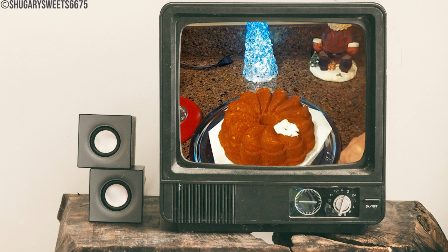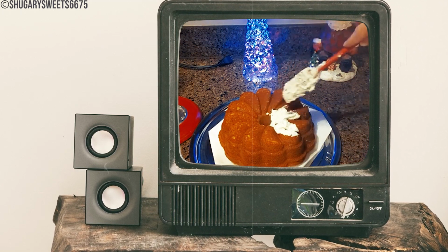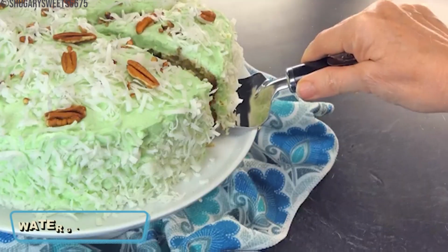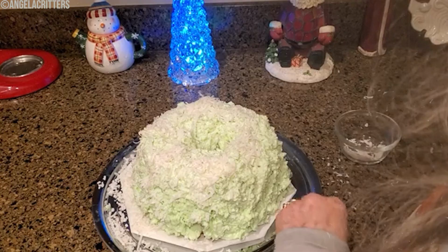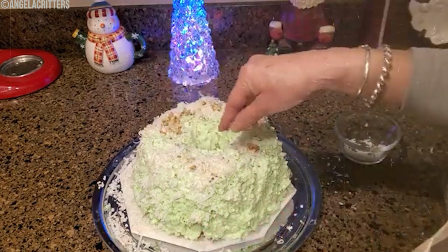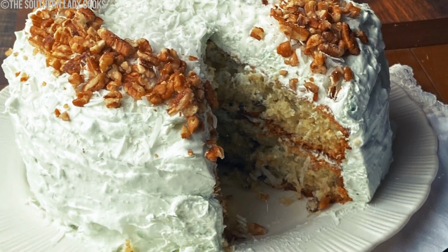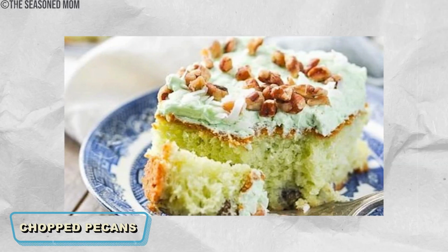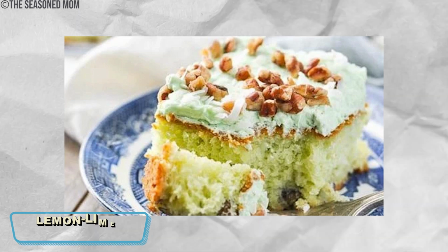I'm getting ready to make one of my favorite cakes. It's the Watergate cake. It's from 1975. Watergate cake is a nostalgic dessert that evokes family gatherings and potluck dinners from the 1970s. This delightful cake, made with white cake mix and instant pistachio pudding, has a unique blend of flavors. The chopped pecans add a satisfying crunch, while the lemon-lime soda brings a subtle brightness that sets it apart from